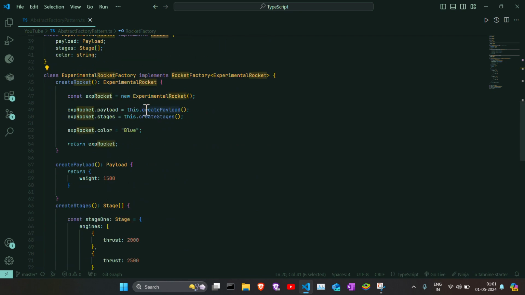Now you build it, you create a payload however you want. You create stages. You can even pass a parameter if you want. You can add that to your interface. So yeah,